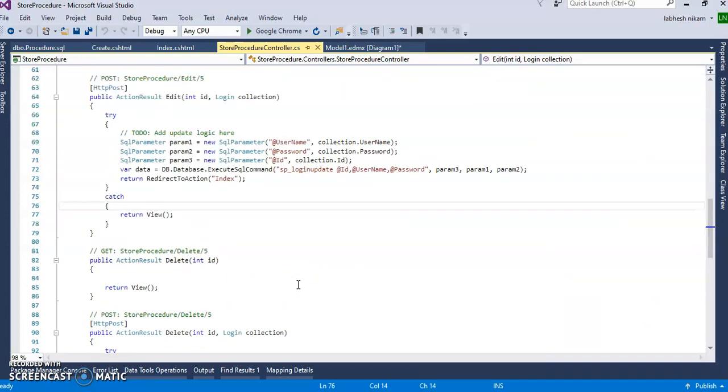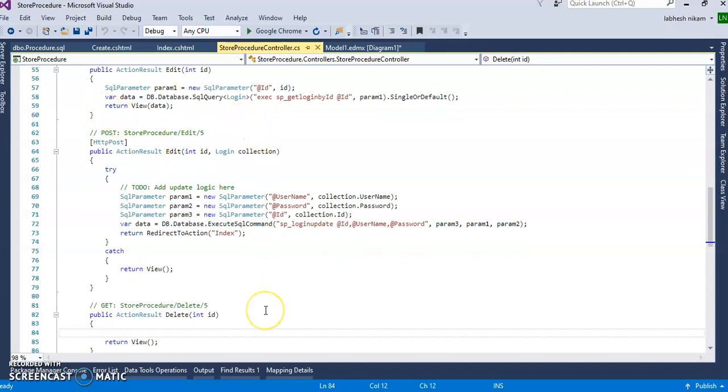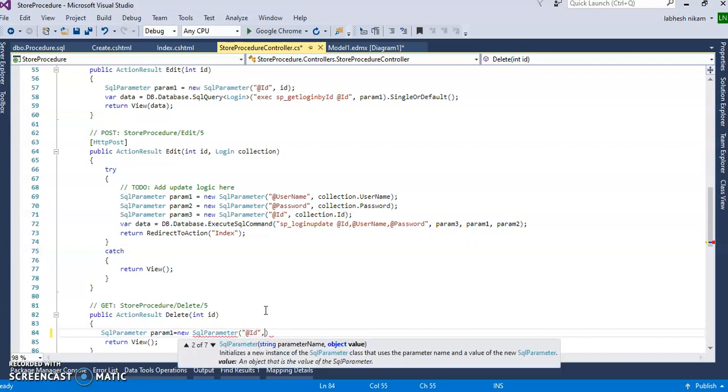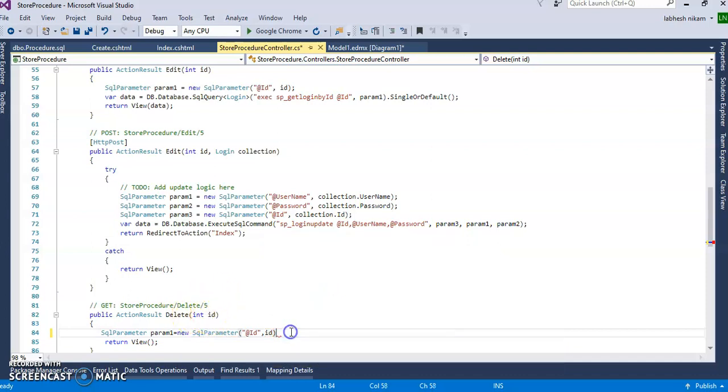Now go to the solution explorer, stored procedure controller, and here I will write my first code. I will fetch the row to display the row data, and then I will delete. So to fetch the row, whatever I have done in this edit procedure, that I will do. So SQL parameter param1 equal to new SQL parameter, pass your parameter ID, and whatever ID you have passed inside of this method you will pass.